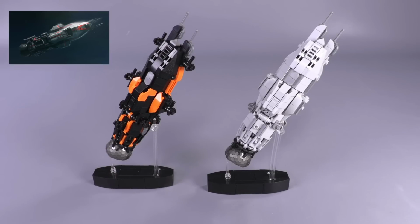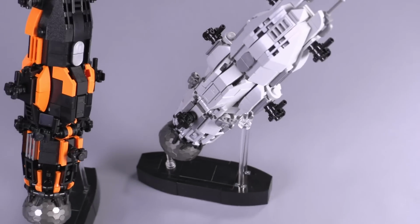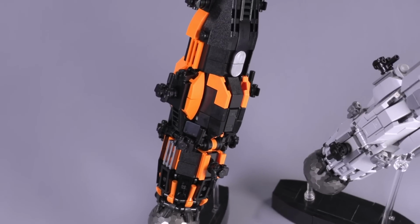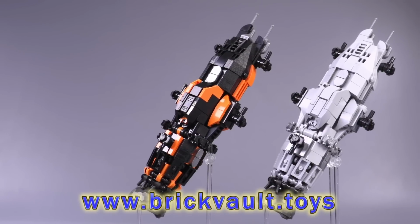On a personal note, I really do think that the Rocinante will go down as a classic science fiction ship, and Kevin's model was a pretty fun build, and it's also extremely intricate and a bit complex. If you wanted to build either of these models for yourself, the instructions can be found at the web store